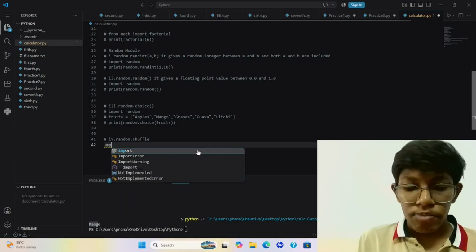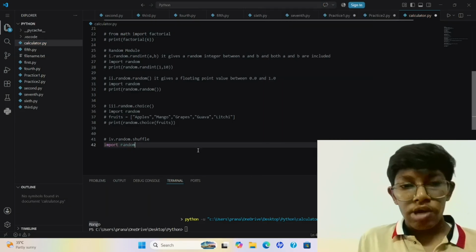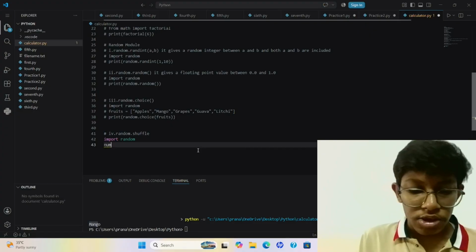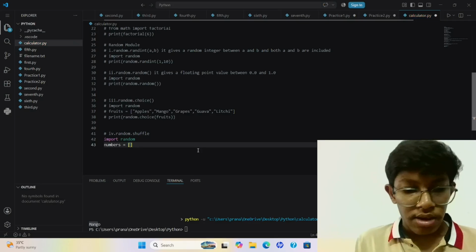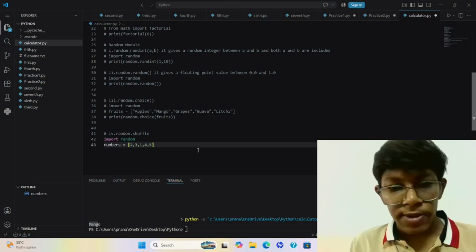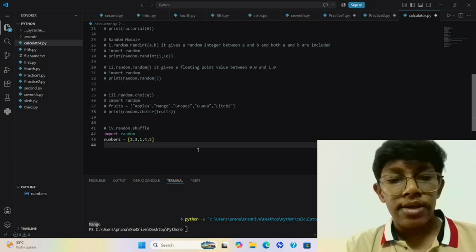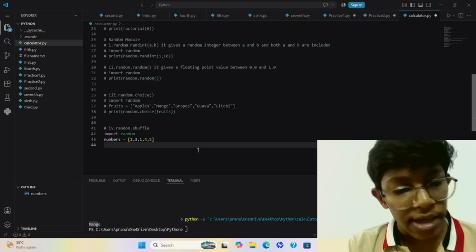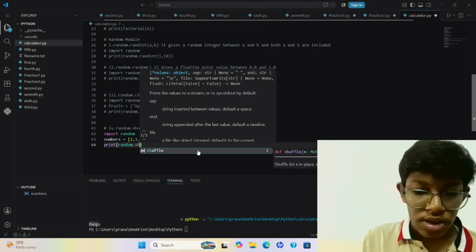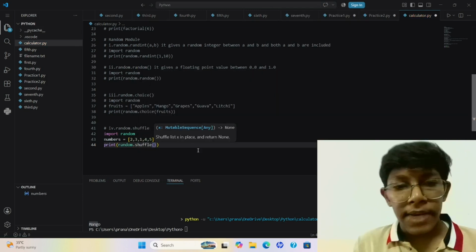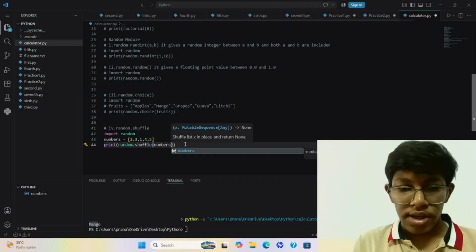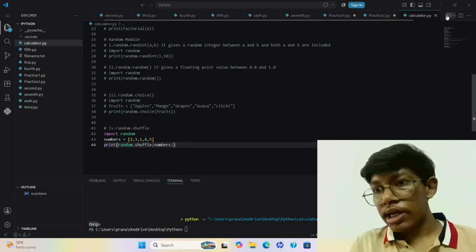Now suppose first I import my random module. Now suppose I have a list of numbers, 2, 3, 1, 4, 5. Now I want to shuffle my list randomly. So I would write print random dot shuffle. Inside the parenthesis, I would write my numbers. So it would shuffle the list for me. Now if I save and try to run,